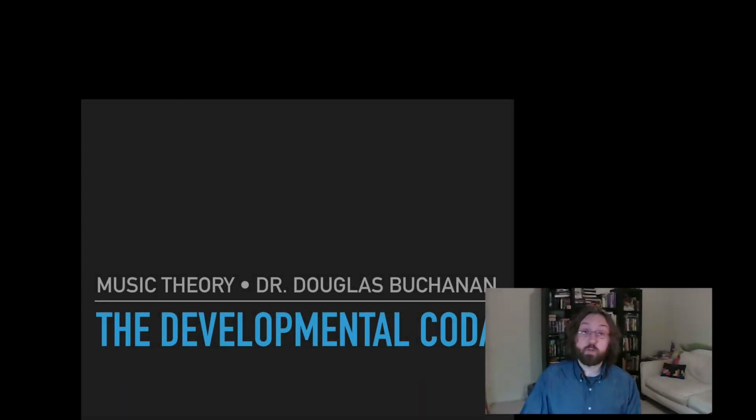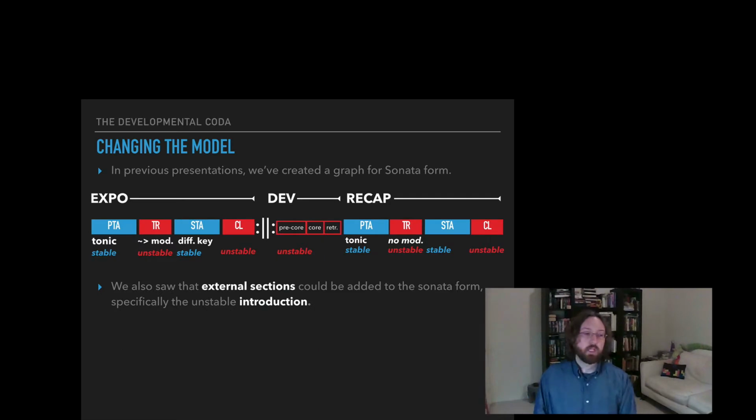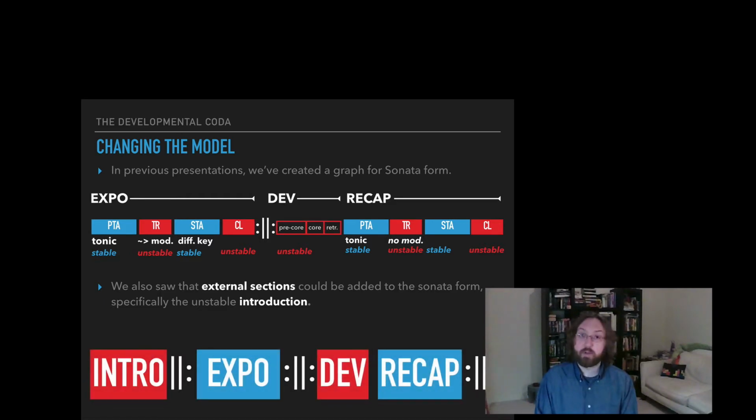In this presentation, we'll provide a brief introduction to the developmental coda. In previous presentations, we've created a graph for sonata form with our exposition, development, recapitulation, and the subsidiary sections contained therein. We also saw that external sections could be added to the sonata form, specifically the use of an unstable